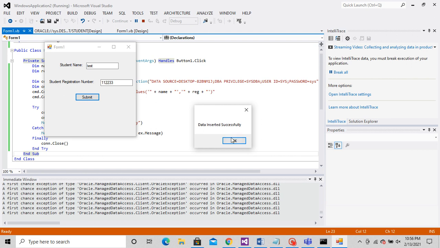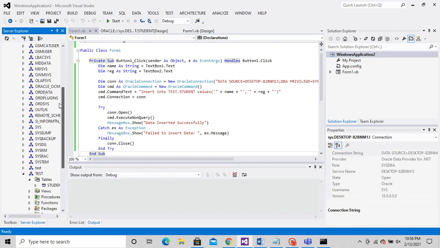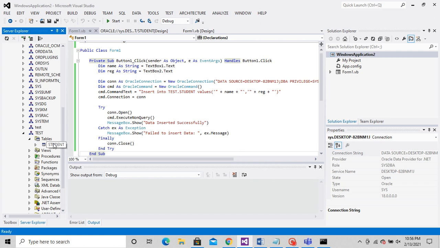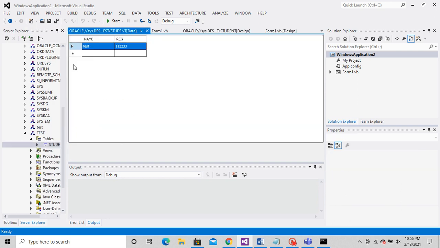Now, if you want to check whether the data is actually stored or not, you can go to student here, go to retrieve data, and you can see we have just now inserted this value. So students, this is how we insert the data.